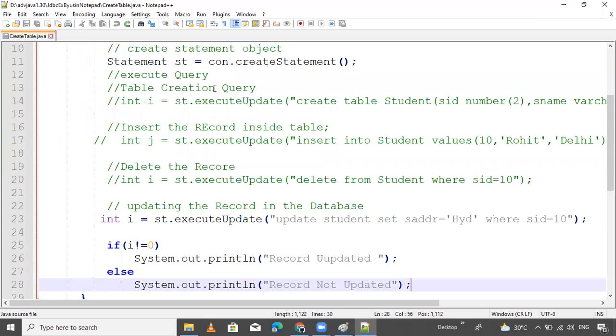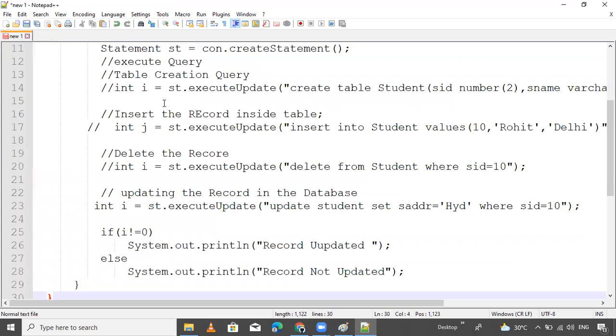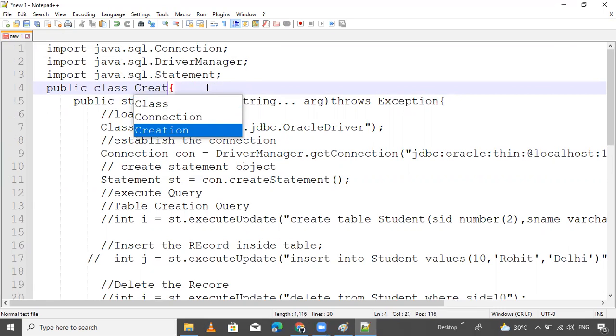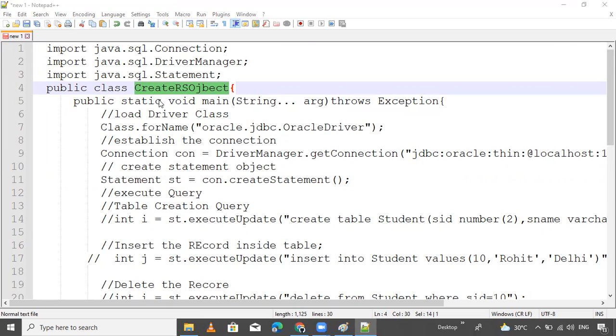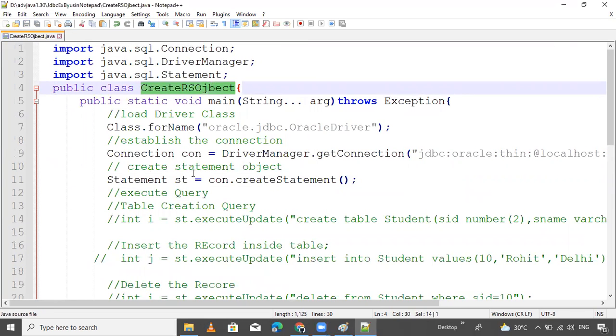Creating RS dot Java. Save it. Okay, now this is the common statement, load the driver.